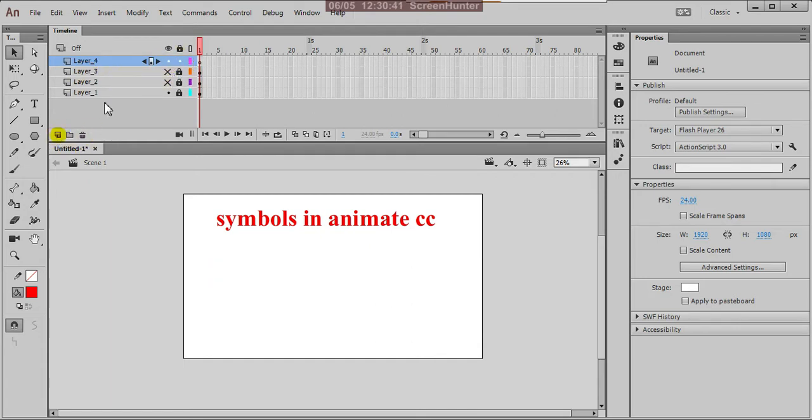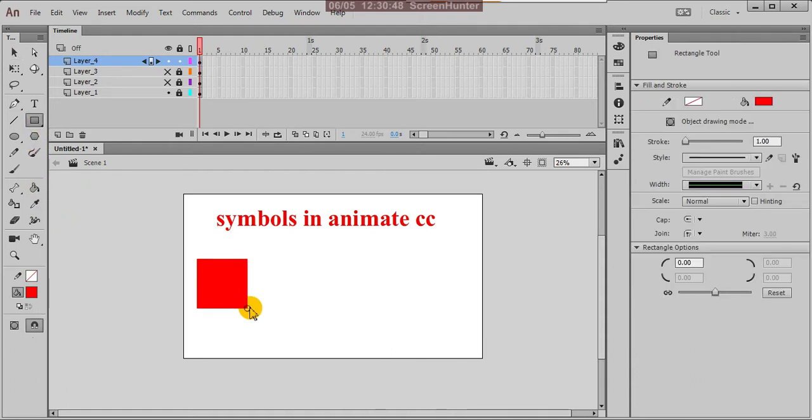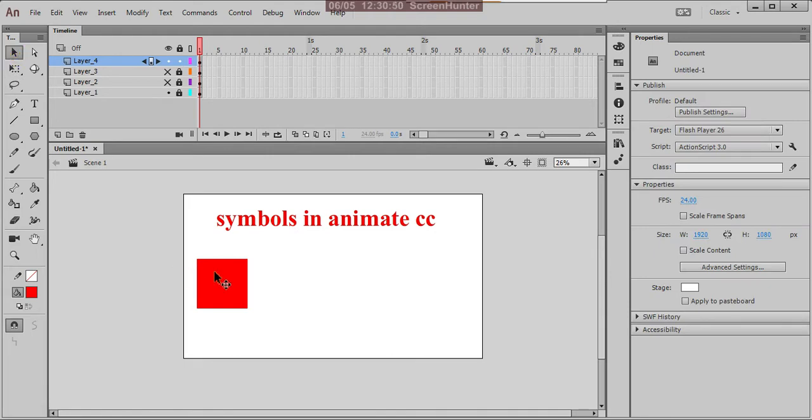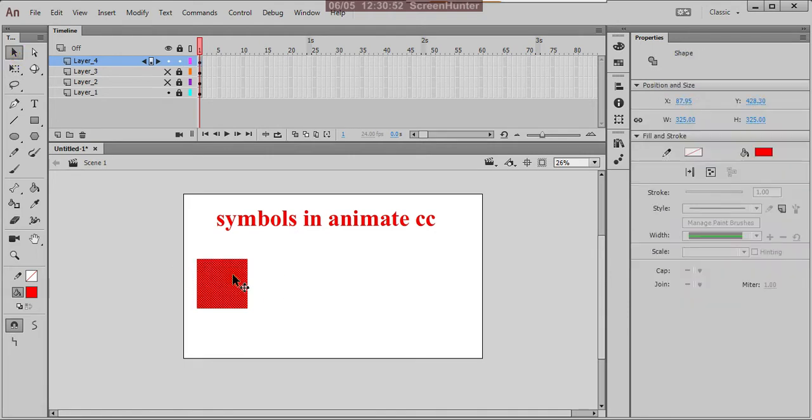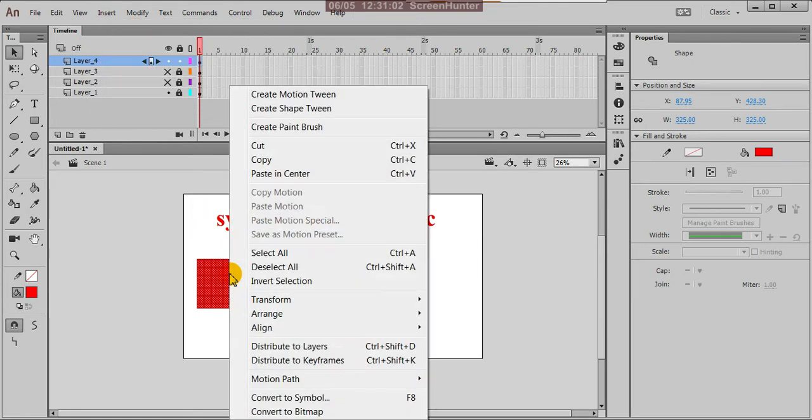Yeah, I'll create one more. Create one box here. Suppose select this. After selecting this, you can insert a new symbol, or right click on it and choose convert to symbol.